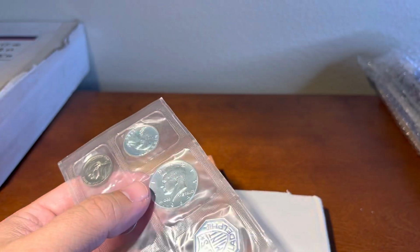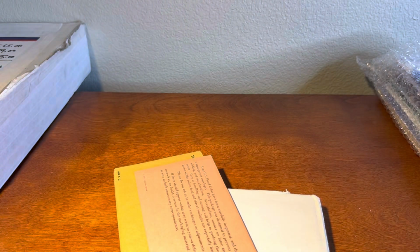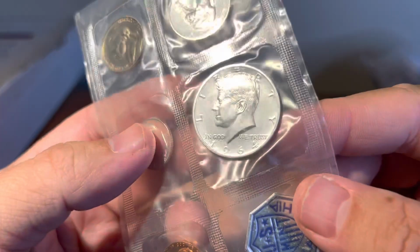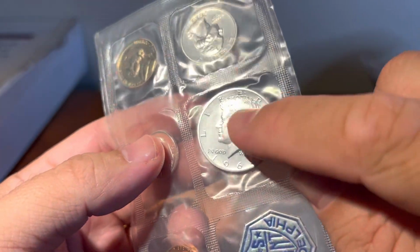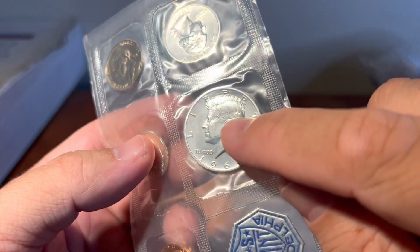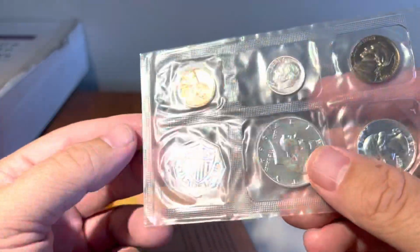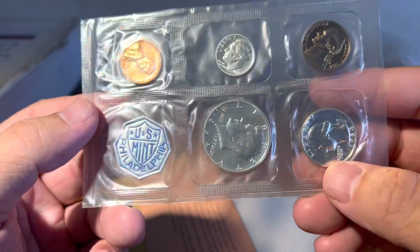Let me see something here. I'm just trying to identify whether or not this is an accented hair. Yeah, it looks like it is. Yeah, that looks like an accented hair Kennedy. It's got the broken serif I, and you can see the actual accented hair on there. So that's kind of neat. I'll have to notate that in the...